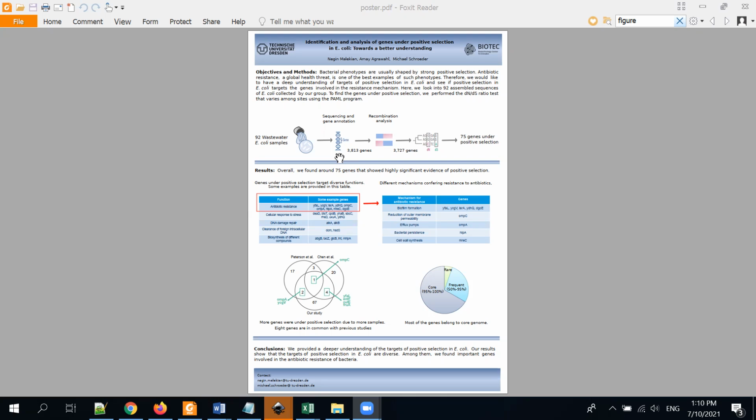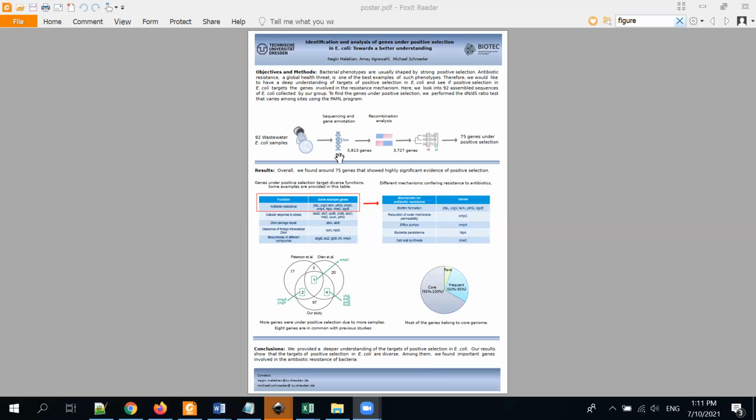Here, we look into 92 assembled sequences of E. coli, which are collected by our group. To find the genes under positive selection, we perform the dN to dS ratio test, which is the ratio of the number of non-synonymous mutations to the number of synonymous mutations inside the genes